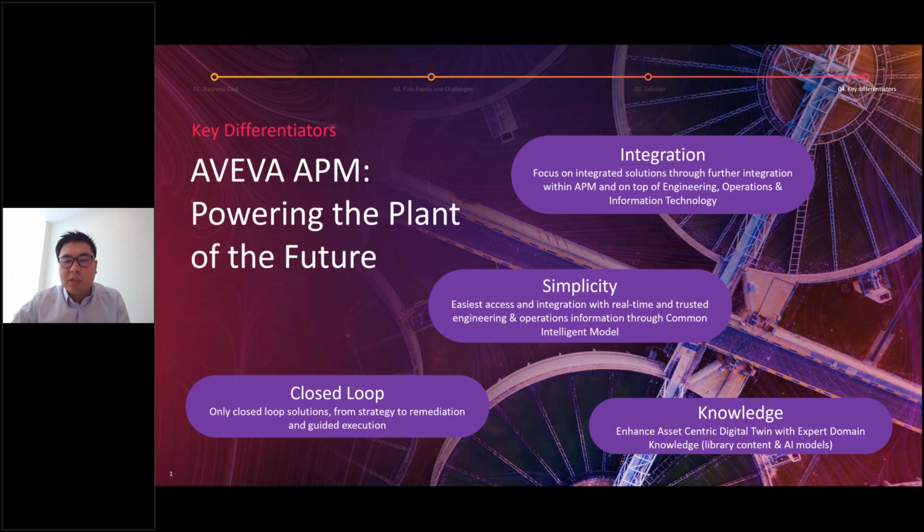So, you can see some of the solutions in the screenshots that Fakri has shown as well is quite simple. It's not hard to use, because what Aviva does is we want to give you an APM solution that most people can use, right? Because nowadays with people